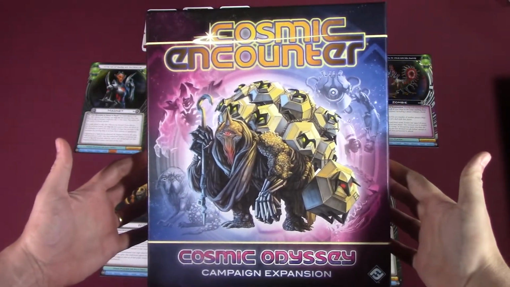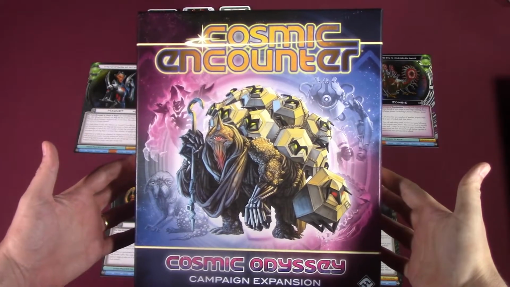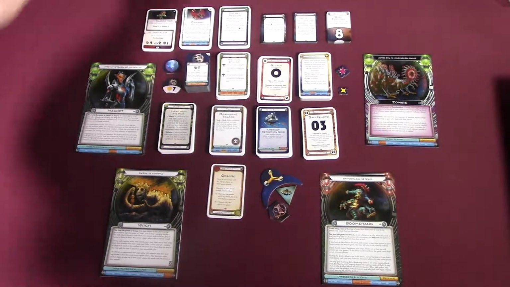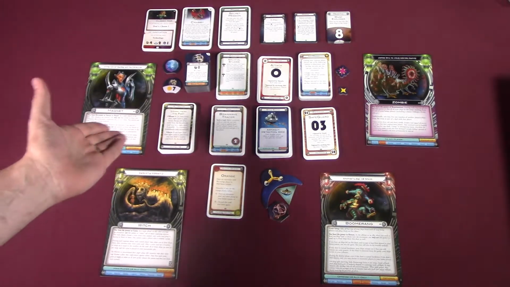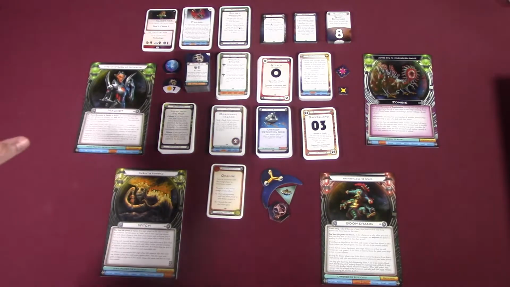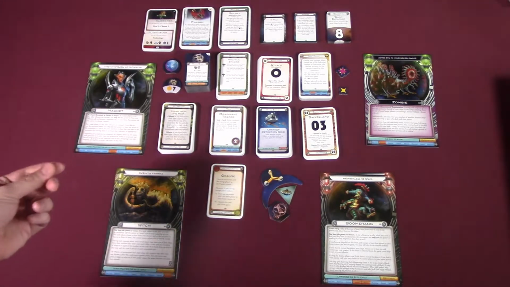The newest expansion to Cosmic Encounter, Cosmic Odyssey, the campaign expansion. So this is a big box expansion to say the least. It offers tons of new stuff, and it adds other things for old variants to add even more variation in those variants. I have everything laid out so that most of the components are here, not 100%, but most of